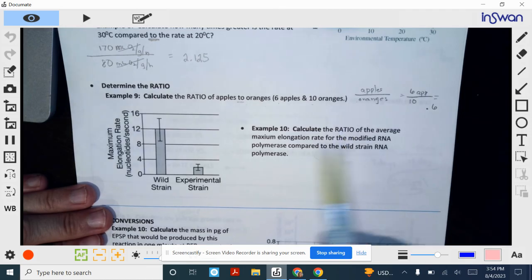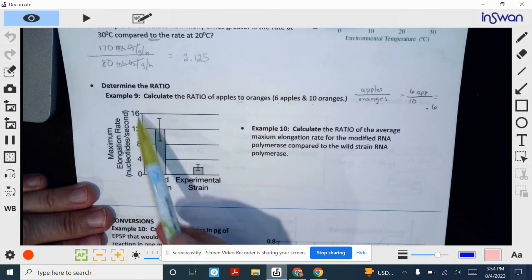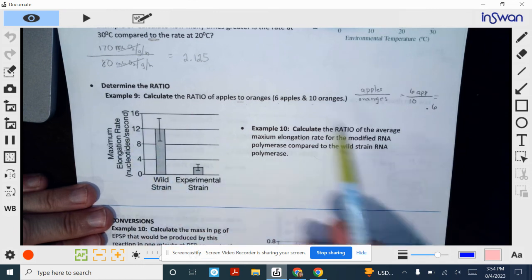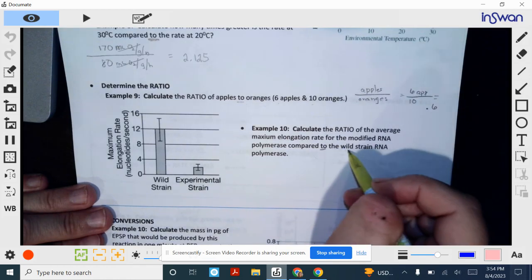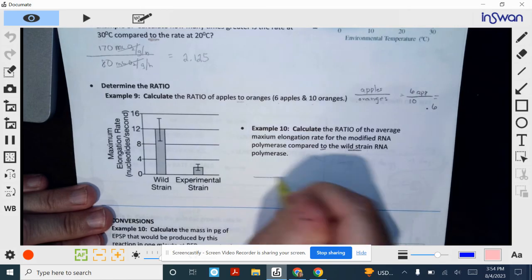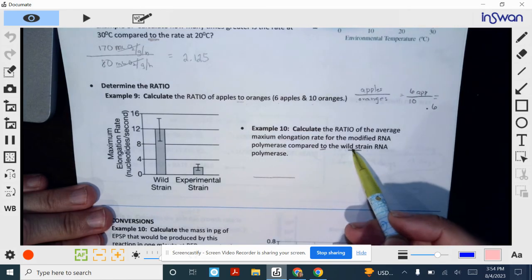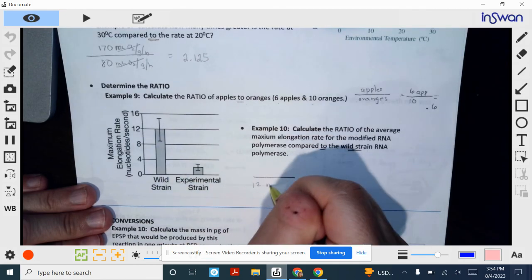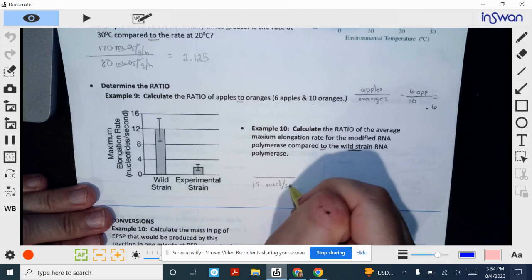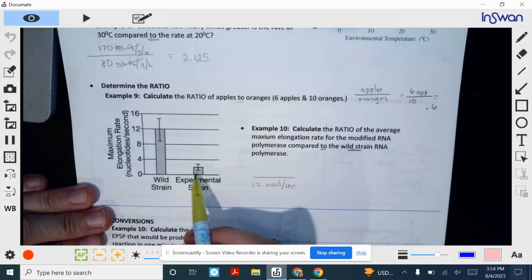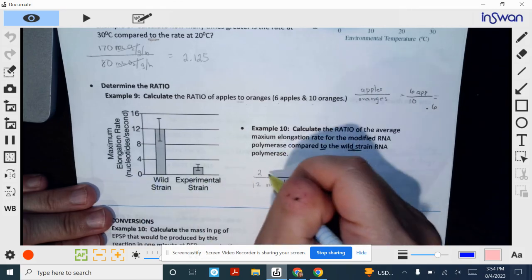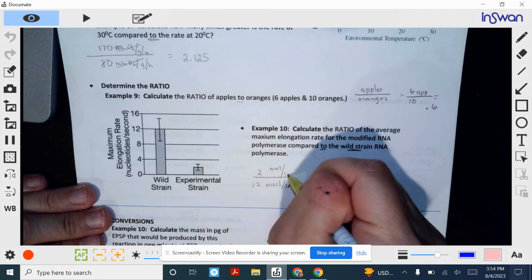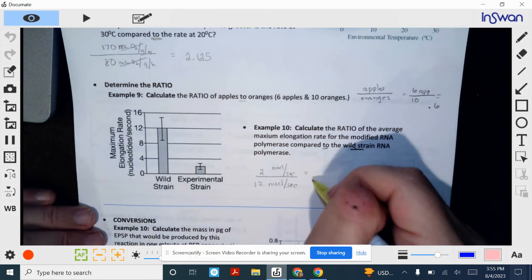So it says calculate the ratio of the average maximum elongation rate, which looks like we're going to pull one of these numbers over here for the modified RNA polymerase compared to the wild strain. To the wild strain. So the wild strain number is going to go on the bottom. Okay. So here's my wild strain. It looks like it was 12 nucleotides per second. Okay. Compared to this experimental one is what they're basically saying there, which we're going to call that 2 nucleotides per second. And that should give us